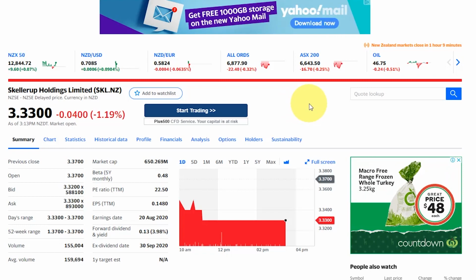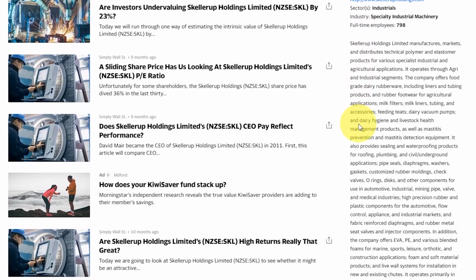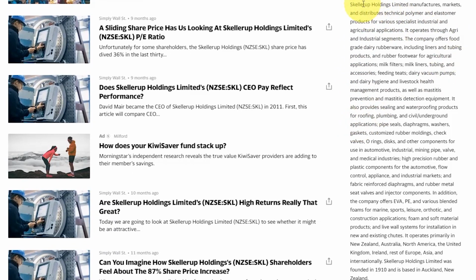Now, the first thing that I would do here is scroll down and look at the company profile. And here, on Yahoo Finance, they have a description of basically what the company actually does. So if we just browse through this real quickly, Skellerup Holdings manufactures technical polymer and elastomer products for industrial and agricultural applications. So they basically do some rubberware for dairy use, liners, tubings, milk filters, and they could have some specialized use,